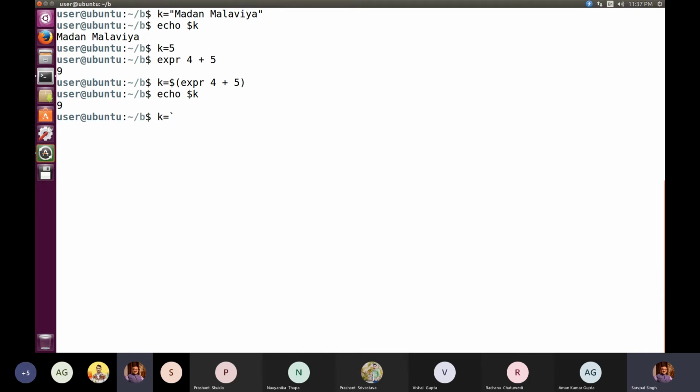There is a difference between this single quote and single back quote. The one which we have been using as a single quote is this one, available with the key where we also have the double inverted comma. So double inverted comma and single inverted comma are on this key. But this is the single back quote, and it is available just below the escape key. There we have the tilde sign and this single back quote. Single back quote is available by default, and if you wish to insert the tilde sign, you have to use shift and then the tilde key.